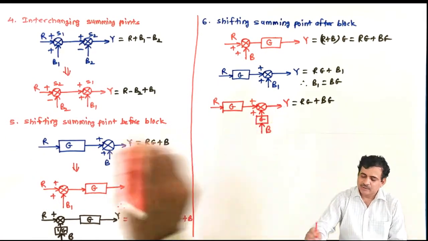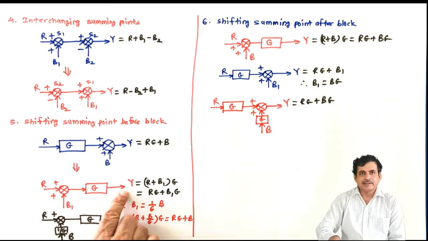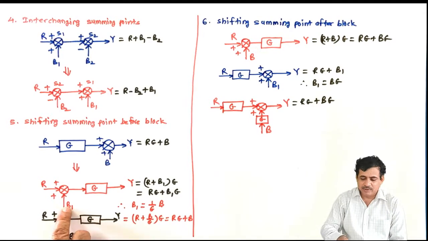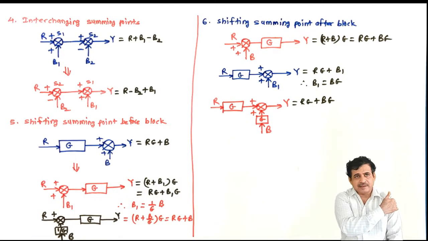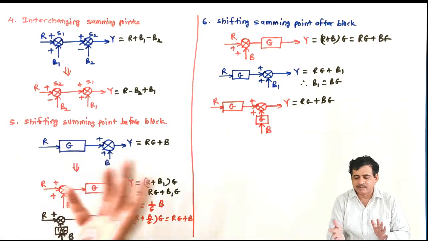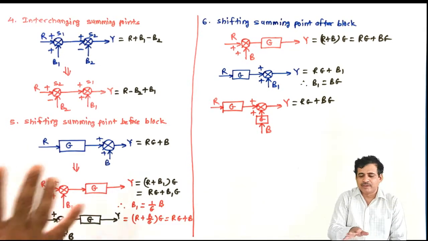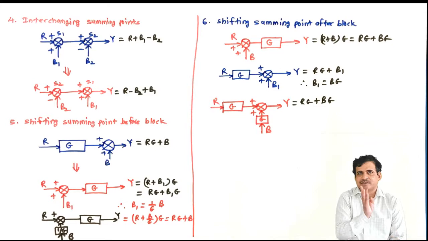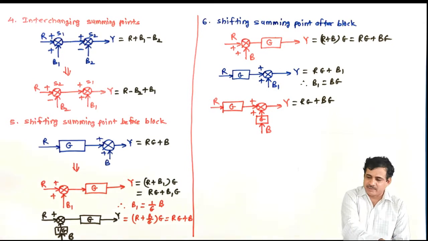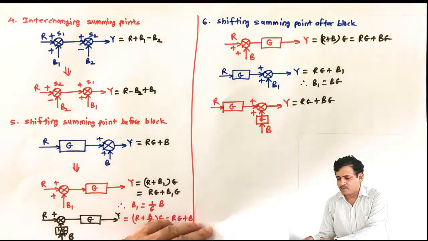What is the key point? We shall not change any value, because all these signals, this Y is going to some other system. This B1 or this B, this is coming at this point from some other system. So this signal cannot be altered. These signals shall not be altered. Just we have to make the mathematical adjustments by shifting the blocks, summing point and takeoff point. Why for? Because we want to bring the system in the basic three configurations: series, parallel or feedback. So this was about rule number 6. Now rule number 7.